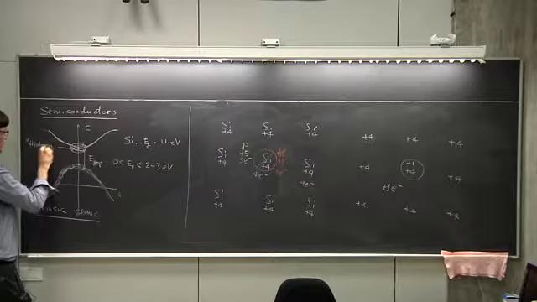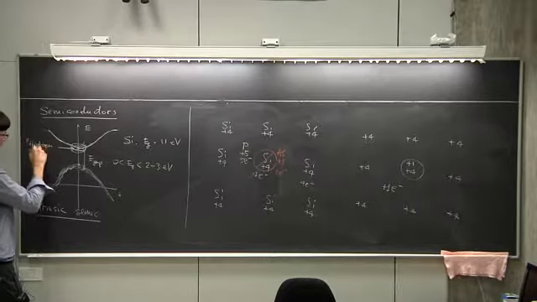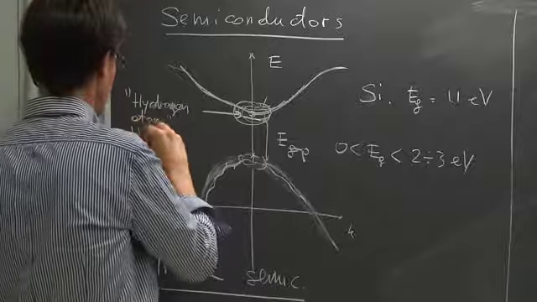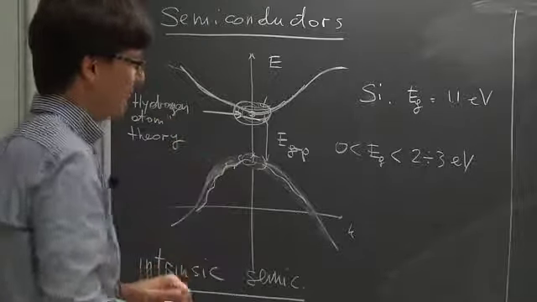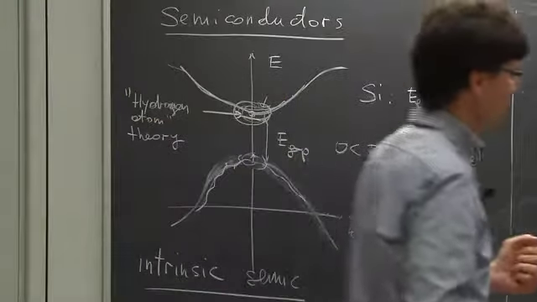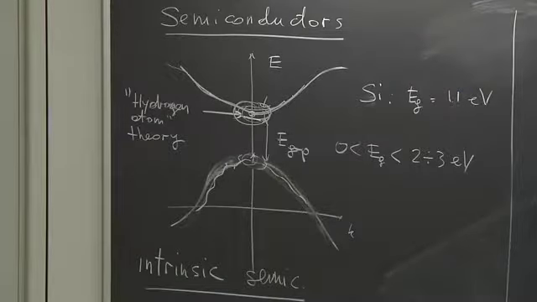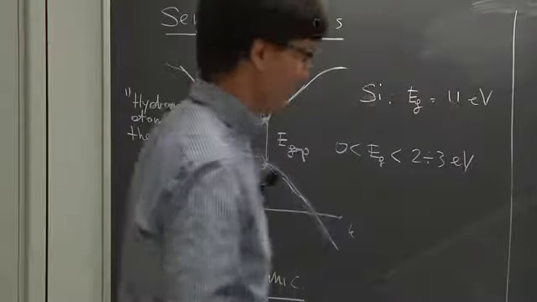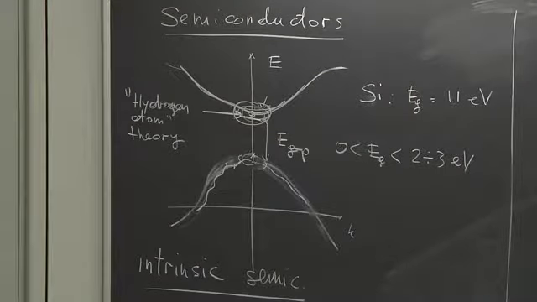I don't want to go into the details of that because it's too complicated, but I hope you get a perception of this, right? Because at the end, this is just a hydrogen problem embedded into a pre-existing charge density due to the silicon